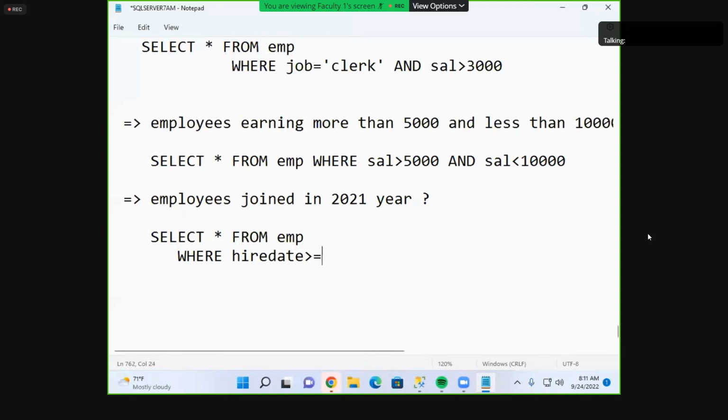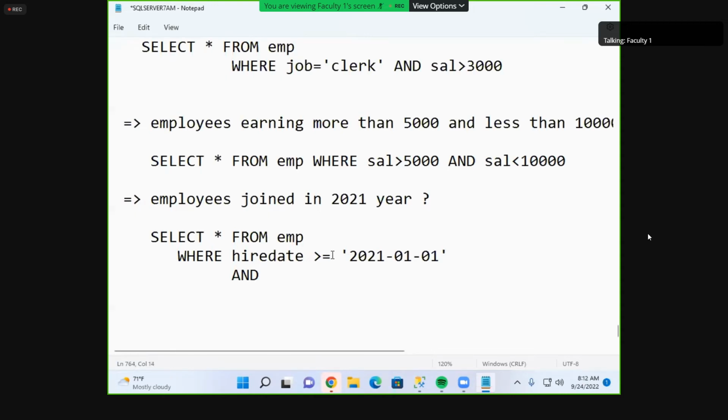Hire date greater than or equal to 2021-01-01, and